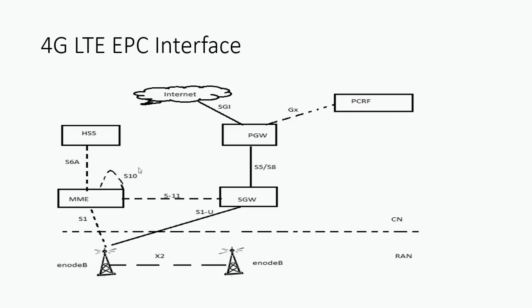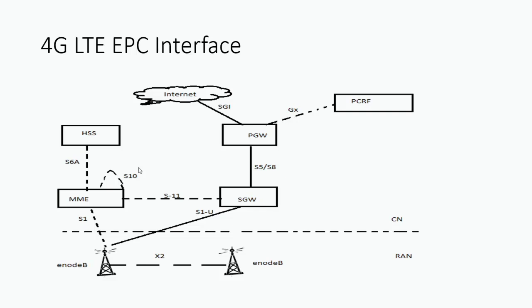When you dial a number, the number rings at the receiving end. For this to happen, a number of nodes need to signal with each other. It all happens over the control plane, but once the receiver attends the session, it is actually a voice call. Then the flow of voice data happens over the user plane. eNode B communicates with MME with the S1 interface, as we can see in the figure, which is control plane, and the interface between the eNode B and SGW is S1U, which is S1 user plane.